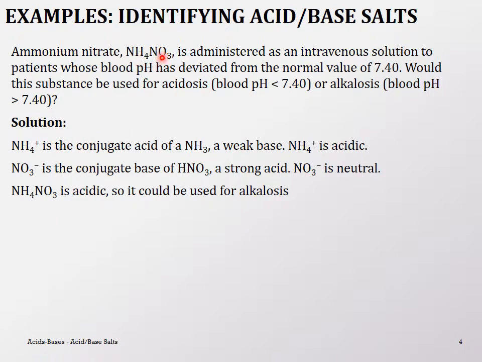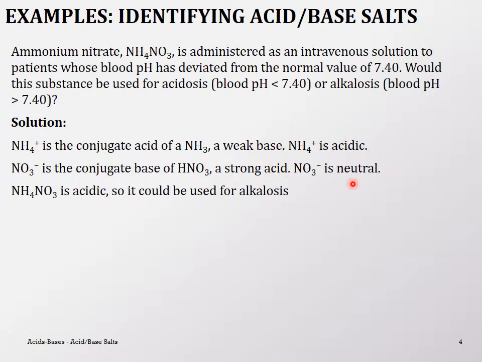and nitrate ion. Ammonium is coming from ammonia, which is a weak base, which means that you have a stronger conjugate acid, so this is slightly acidic. Nitrate is coming from nitric acid, and it is a strong acid, which means that the conjugate base is neutral. So if this part is neutral, but the ammonium is acidic, your salt is going to be slightly